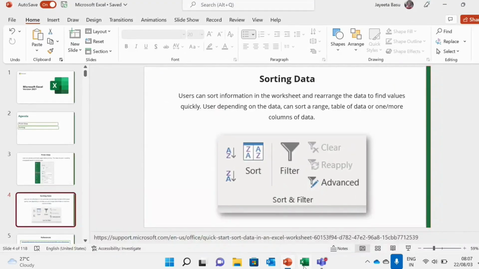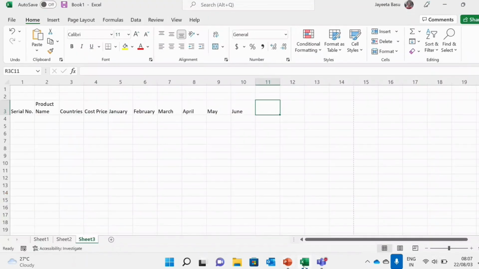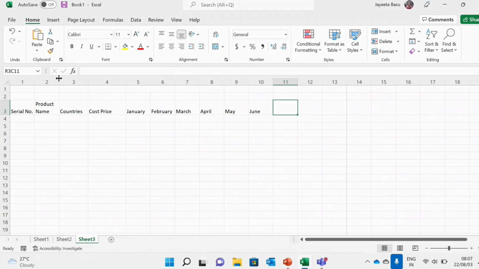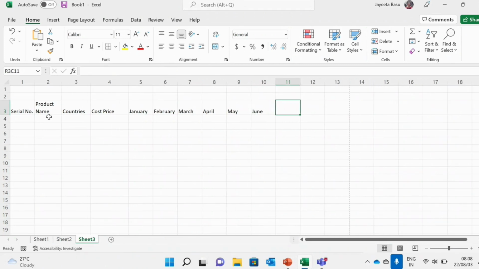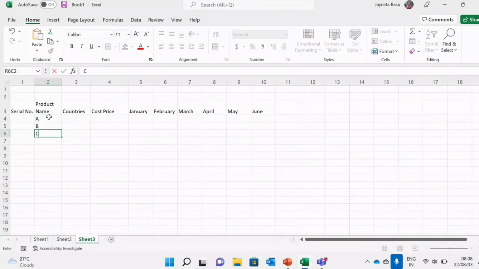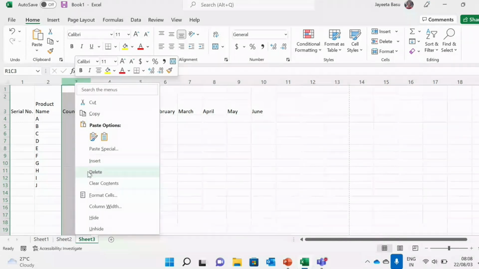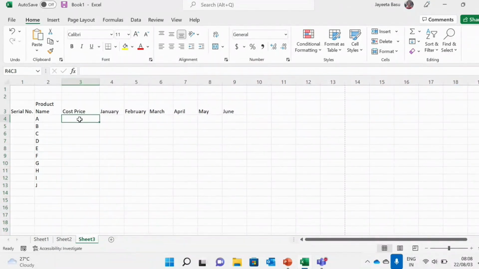So let's go back. Now let's say this is my page, and this is the data. So let me put some. So it's A, B, C, D, E, F, G, H, I, J, right? I'm going to delete this column and put the cost price here. So let's say I'll put